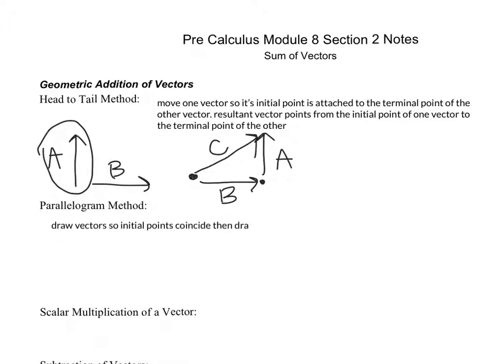Then you draw lines to form a parallelogram. So our resultant vector, the vector we want when we add them together, is going to be the diagonal